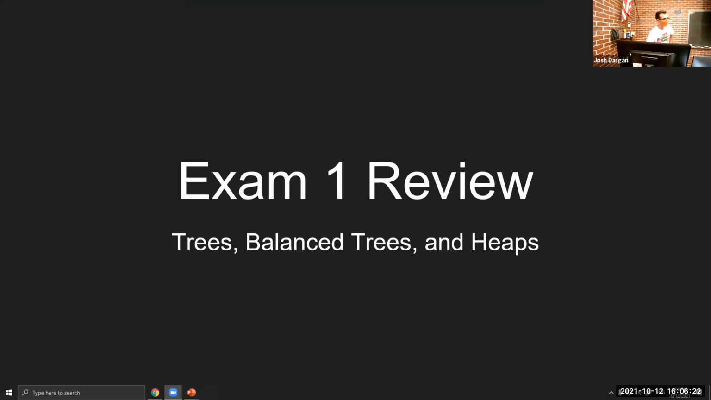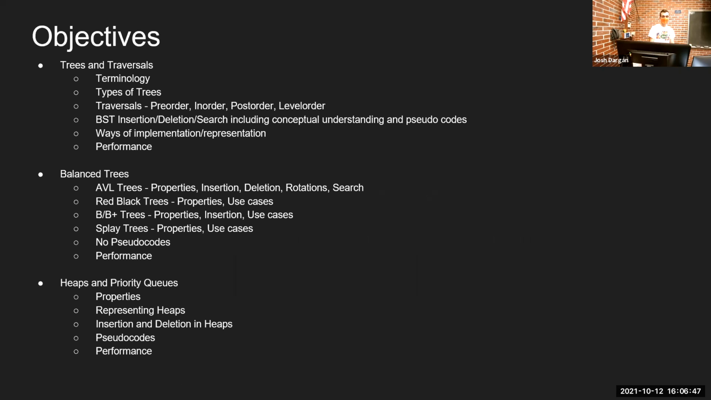Cool. So I guess before I get started, are there any questions about anything relating to the midterm exam? No? Okay. So these slides are available on Canvas under Exam1 resources or in the folder for the discussion slides. The objectives for today are that we're going to talk about trees and traversals, balanced trees, and heaps and